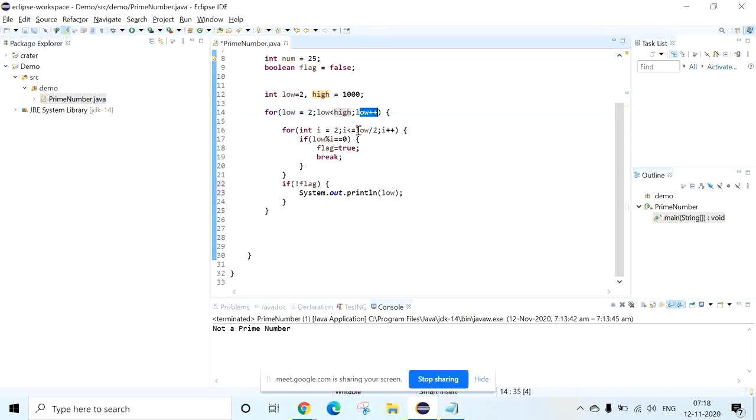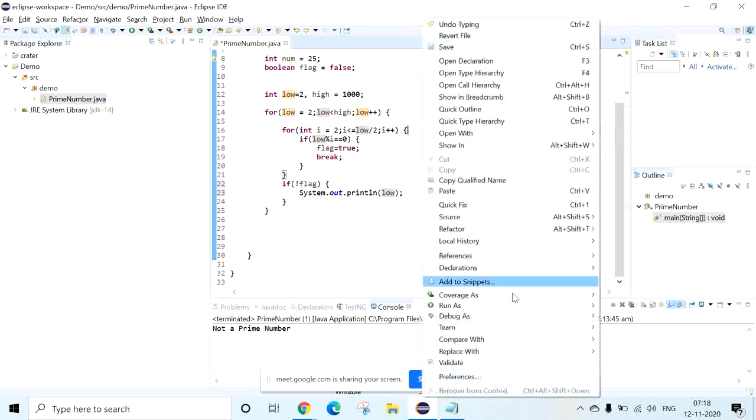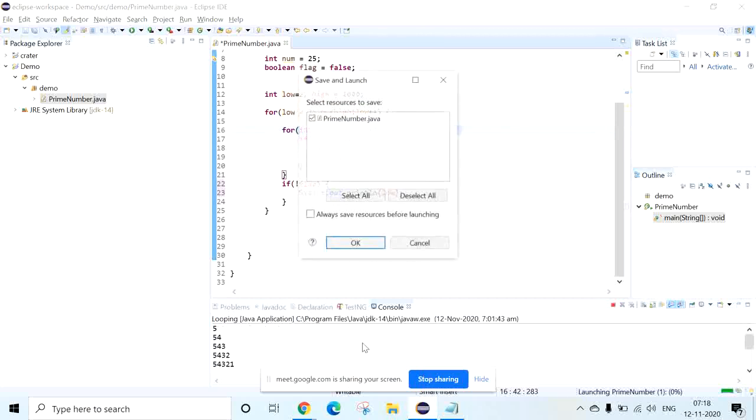Okay, so the 900 and up to 919 it will come here. Then it will divide. For example, low modulus I, low in the sense it will come to, then modulus 2, then if it is modulus, then it cannot be a prime number, we cannot print it. So 3, 4, 5, 6 up to 9, 9 and 8 will go. Based on this condition it will print. We'll check whether it is working or not.